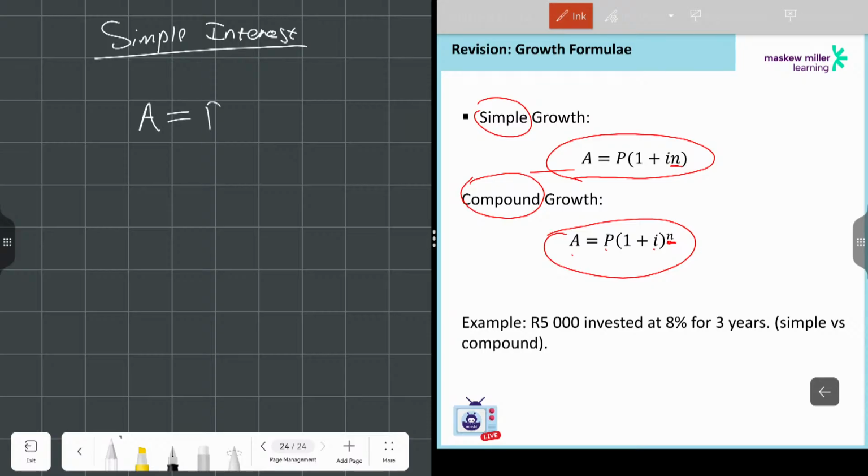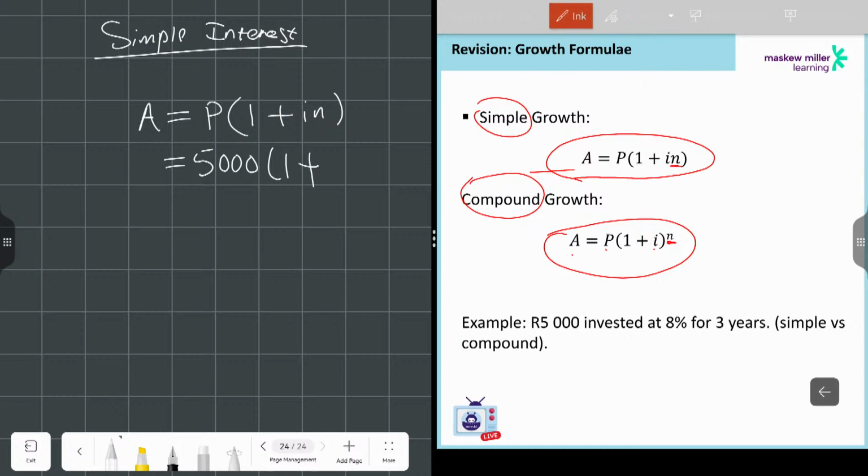We can be able to find what A is. So let's copy the formula. Let's do the substitution. What is it that we have? We say that an investment is the money that we are going to write as P. So if we put that as 5,000, then we have 1 plus, and then we have 8%, which is